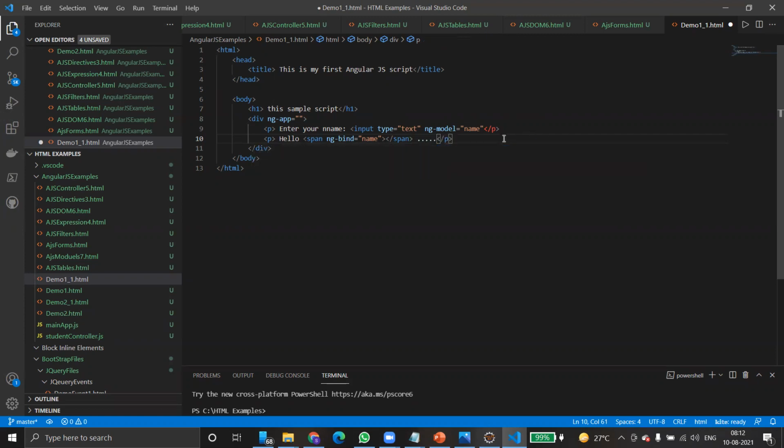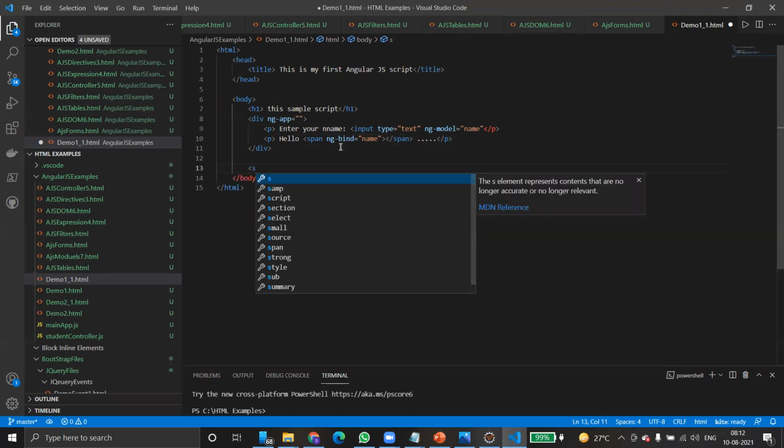The division is closed. Here we have used ng-app, ng-model and ng-bind. But how are we going to use these attribute names? We have to add a script here, just like how we use jQuery or other packages like Bootstrap.